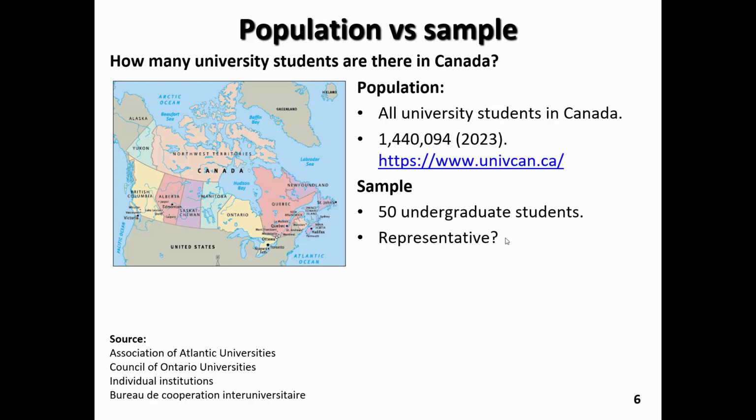Now statistics will not fix this if it's not. To make our sample representative, this is all based on research design. And remember, statistics is something that's carried out after the fact. So once we have our 50 undergraduate students, we can then take measures from those 50 undergraduate students